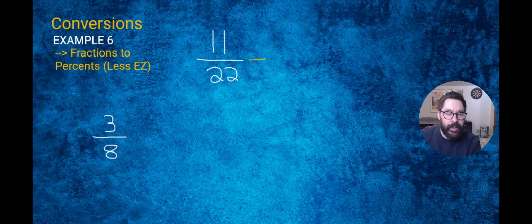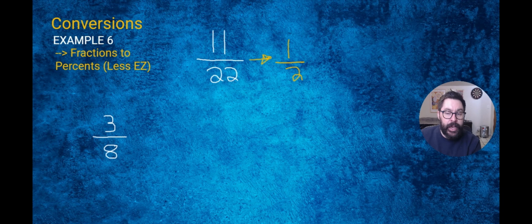So 11 goes into 11. 11 also goes into 22. So we can divide the top and the bottom by 11. Let's start up top. 11 divided by 11 makes 1. And on the bottom, 22 divided by 11 makes 2. You get